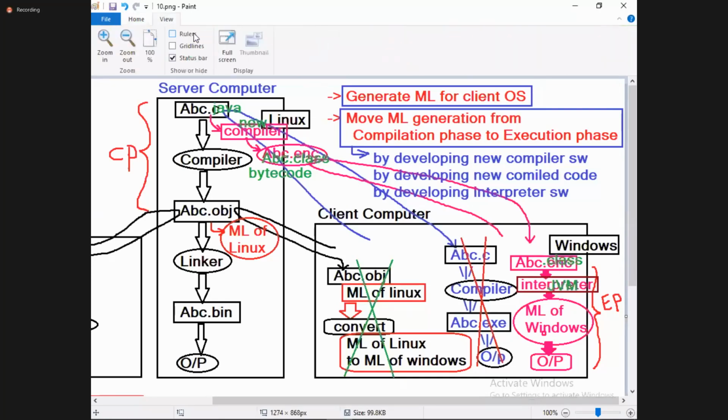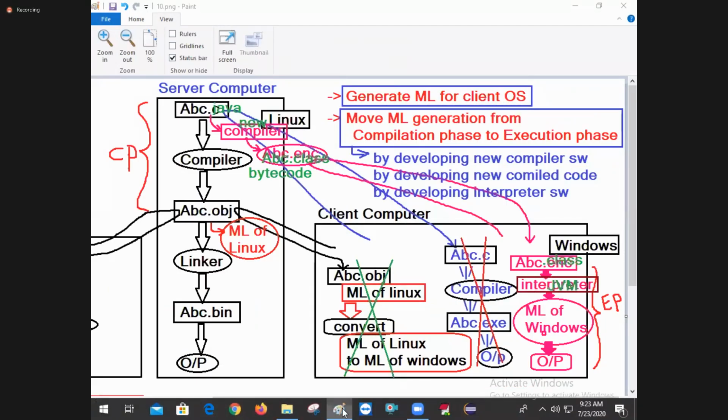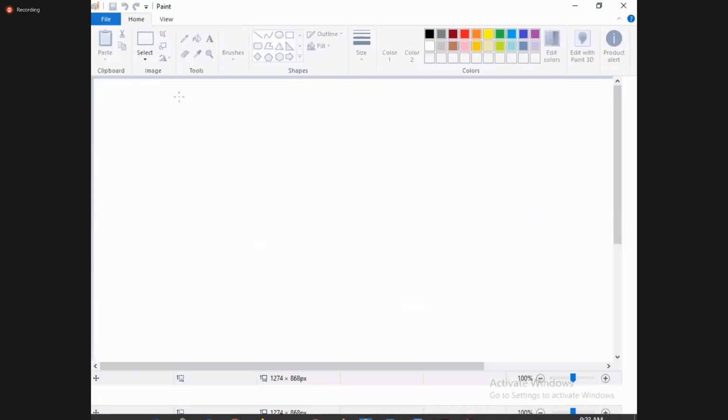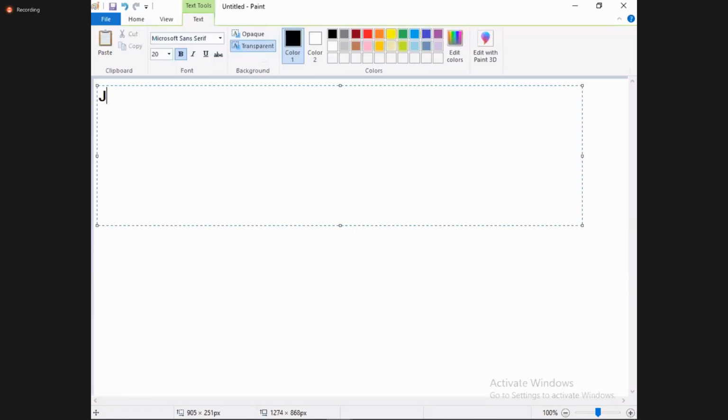So finally, try to answer how Java achieved platform independency. Java achieved platform independency by moving machine language generation from the compilation phase to the execution phase, by developing new compiler software, bytecode and JVM. Okay, now a clearer statement, let me type. How did Java achieve platform independence? If somebody asks, what must you answer? Java achieved